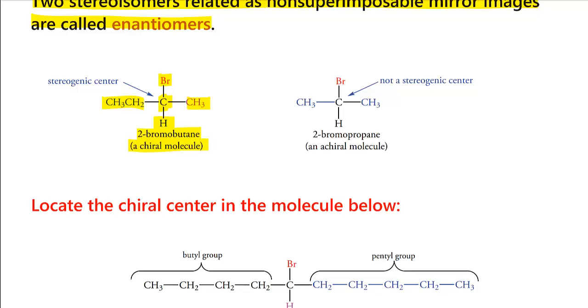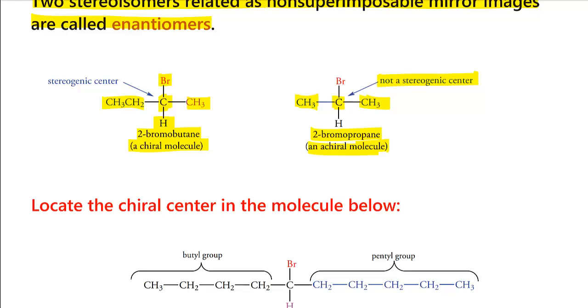If I want to look for a chiral molecule and its enantiomer, I have to look for a chiral carbon, a stereogenic center. Now in this case, this carbon is not a stereogenic center because on this side we have a CH3 group and on this side also we have a CH3 group. So these two are the same. This molecule contains two groups that are the same. I am looking for all the groups being different, but in this case two groups are the same. So I can say 2-bromopropane is not a chiral molecule because it does not have a stereogenic center or a chiral carbon atom in the molecule.